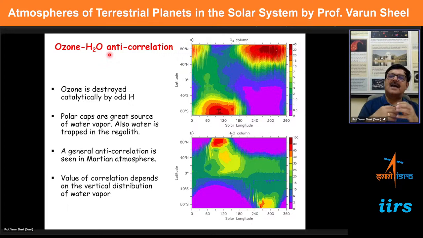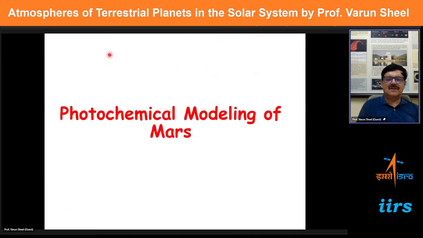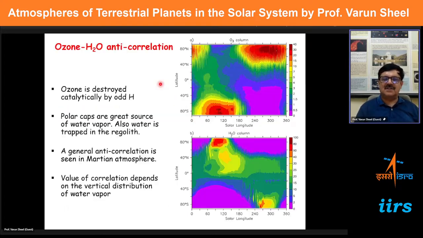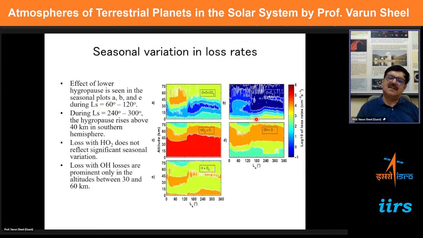And to understand its entire evolution and how it is evolving in different latitudes and longitudes, and what are the phenomena which play into account, these are the kind of science questions we would like to answer through our understanding of basic physics and basic chemistry, and of course using lots of mathematics to solve these equations. So this is what I was saying, that you could do photochemical modeling of even the Martian atmosphere, where you could predict what kind of loss processes are occurring in these species. And it is these trace species, water vapor and ozone, which affect the temperature in a very important way.